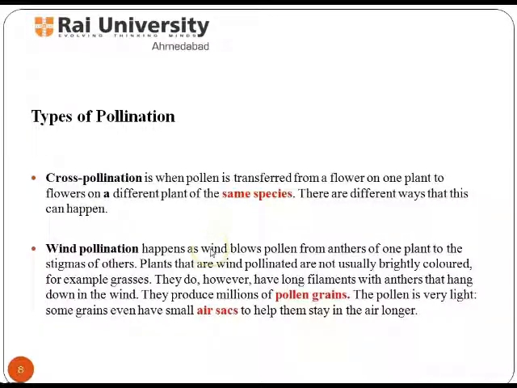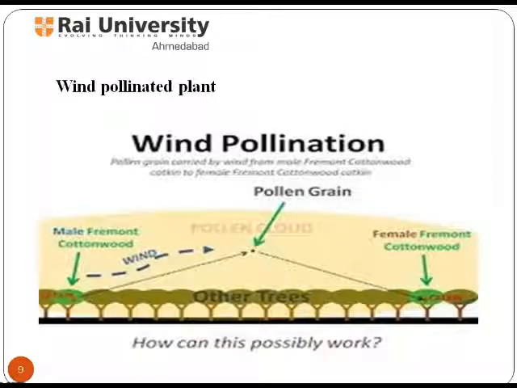Next is wind pollination. Wind pollination happens as wind blows pollen from the anthers of one plant to the stigmas of others. Plants that are wind pollinated are not usually brightly colored, for example grasses. They do however have long filaments with anthers that hang down in the wind. They produce millions of pollen grains. The pollen is very light, some grains even have small